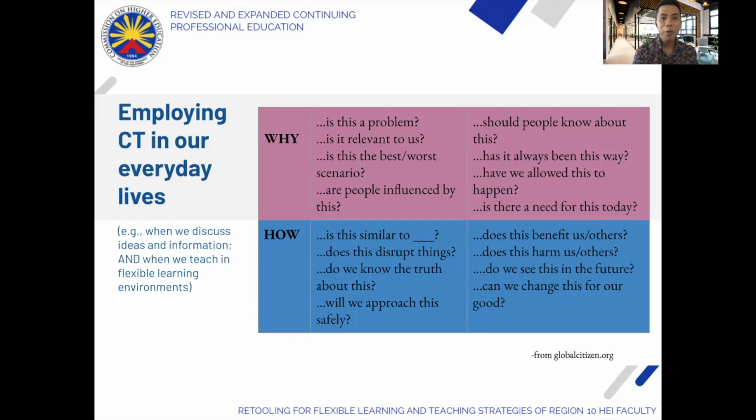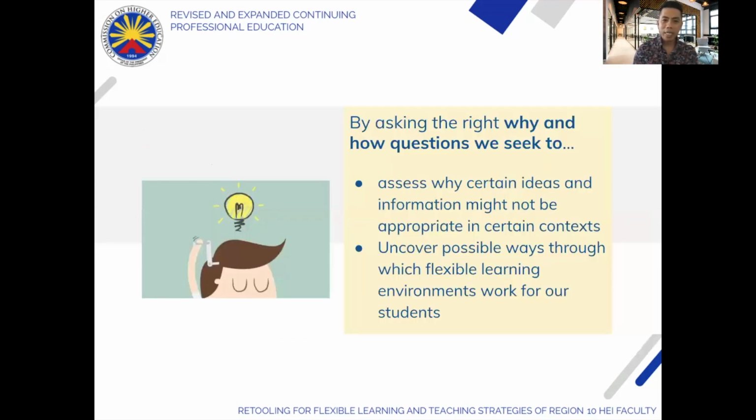And again, the "our" here is not just us, ourselves, but actually everyone in the educational community. So by asking the right why and how questions, we seek to assess why certain ideas and information might not be appropriate in certain contexts, right? I think because we have to admit our